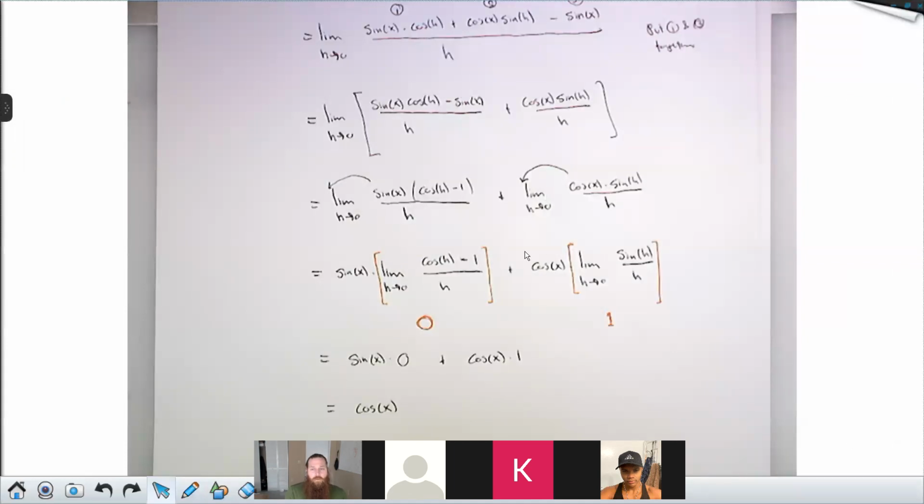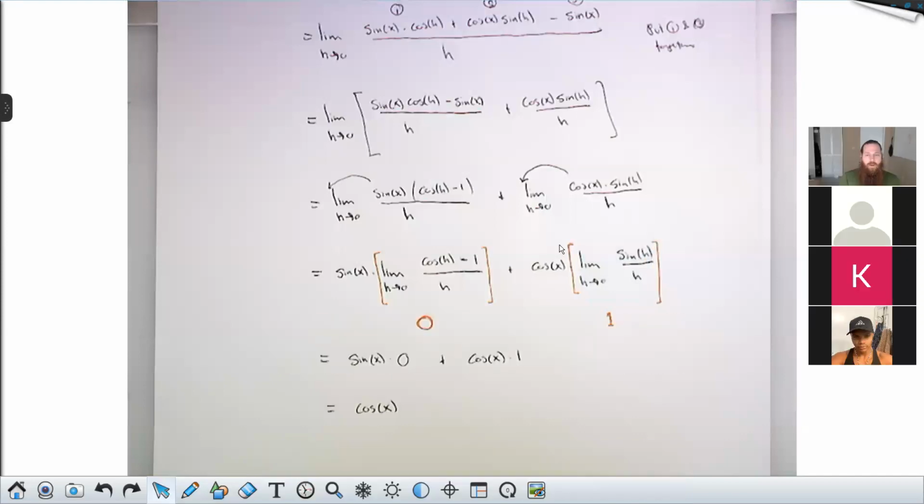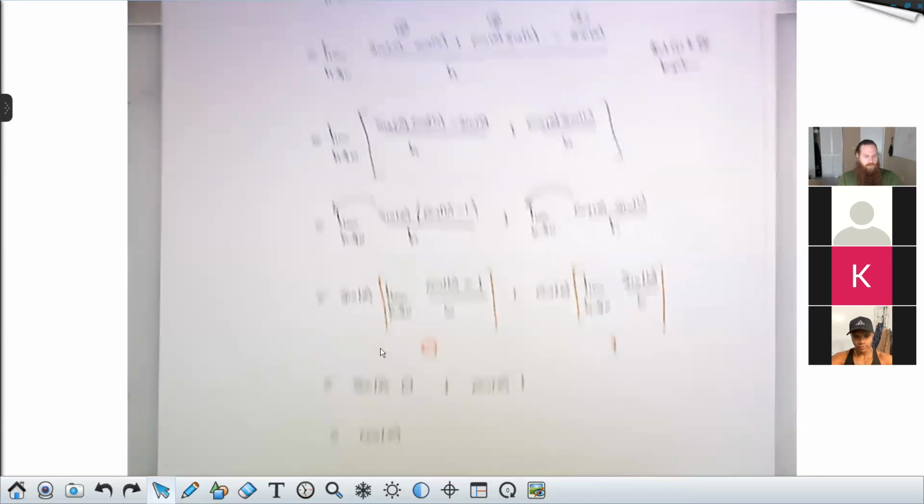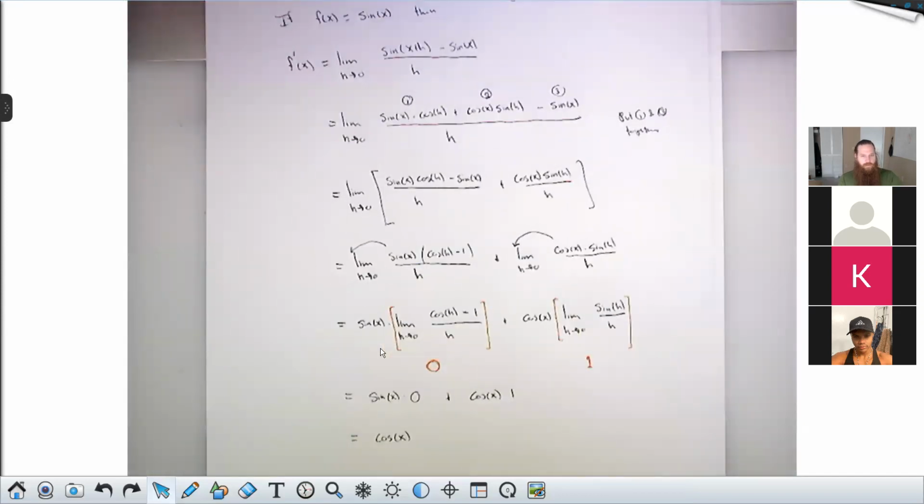But to prove to you that this limit is 1, I'm going to need to do some pretty clever geometry. So that is something I will save for next week. And then once we have that this limit is 1, I'm going to do some algebra and trig manipulations to use that limit to show that this limit is 0. The upshot is the derivative of sine is cosine.